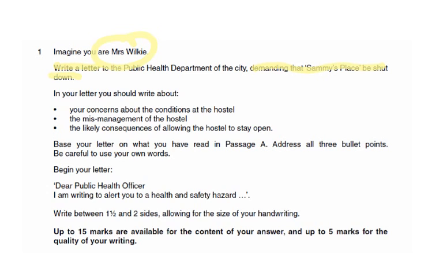Then comes the crucial bit, the bullet points. There are 3 of them. The first one is our concerns about the conditions of the hostel. The second one is the mismanagement of the hostel. And the third one is the likely consequences of allowing the hostel to stay open. Now these are really important. This is the information you have to provide to the examiner to get any marks at all. It doesn't matter how great your writing is, if you don't hit these bullet points by providing relevant, well organised and clear details to support them, and lots of details for each one,